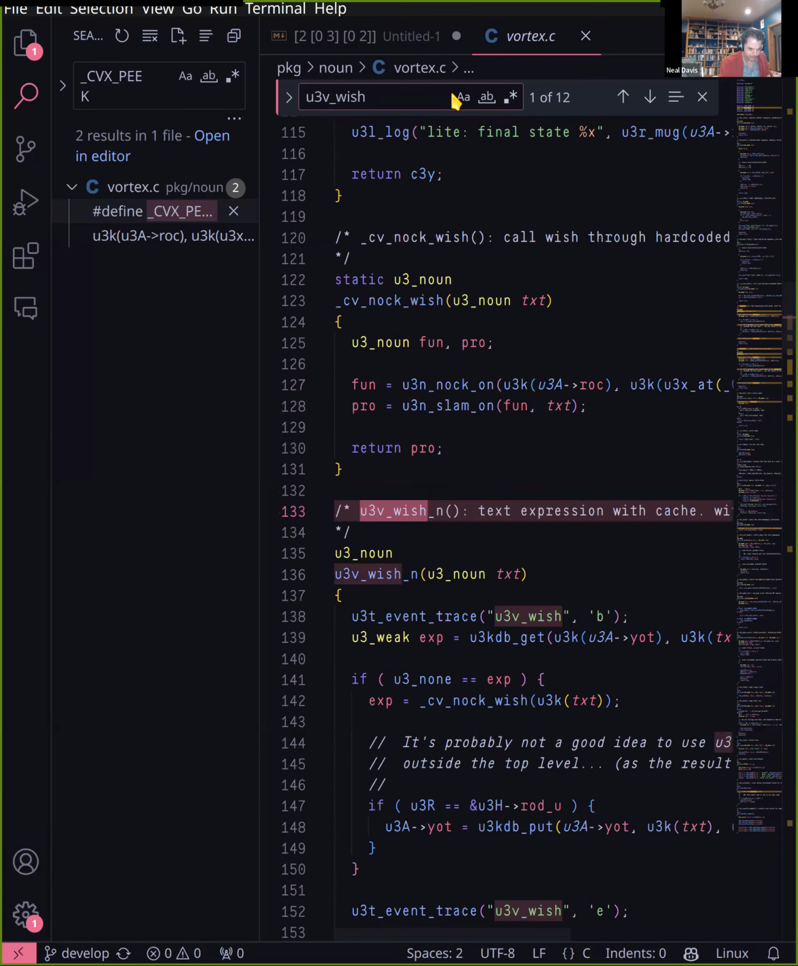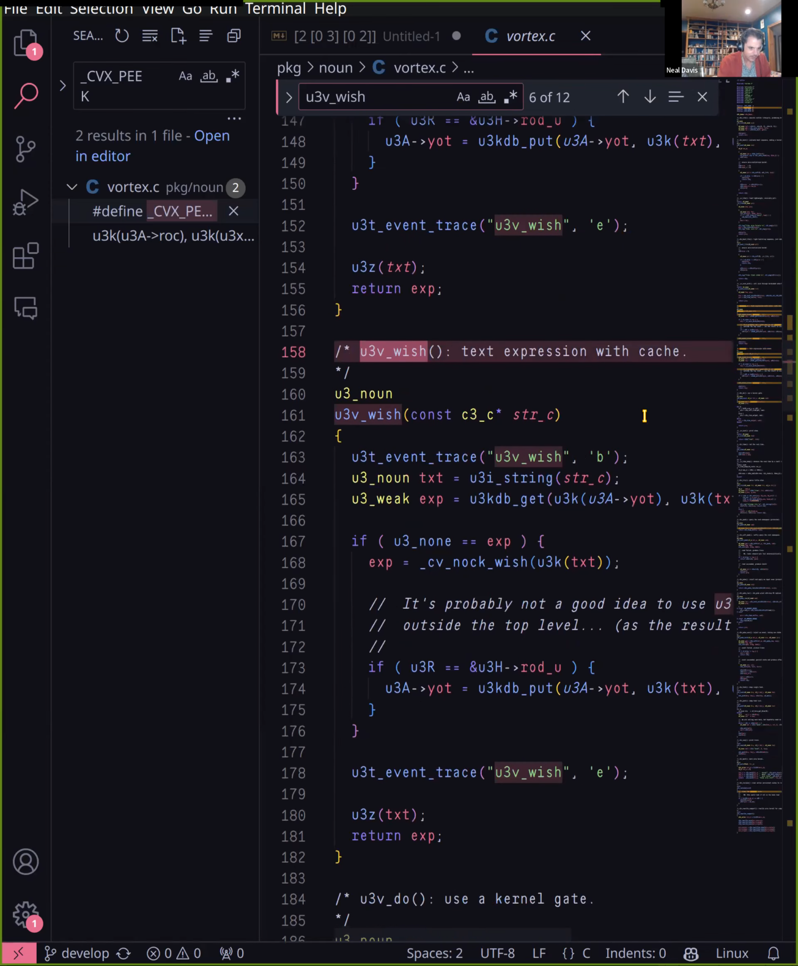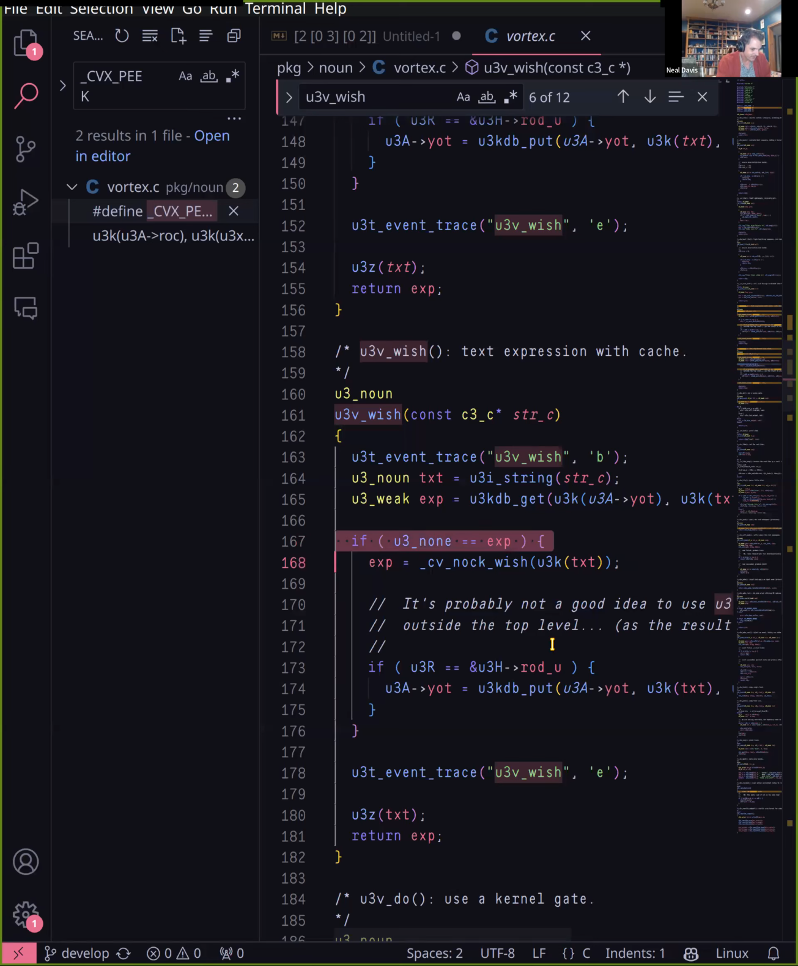All right, wish. I want actual wish, not wish n. So what does wish do? It gets the text of the wish as a string. Then it basically evaluates this text against your Arvo state. And then if that fails,